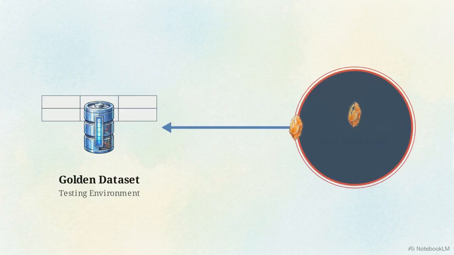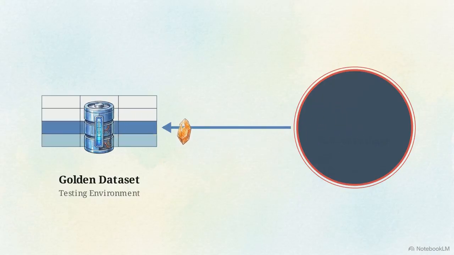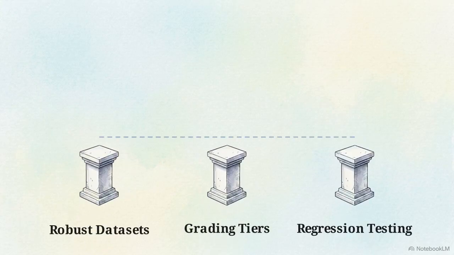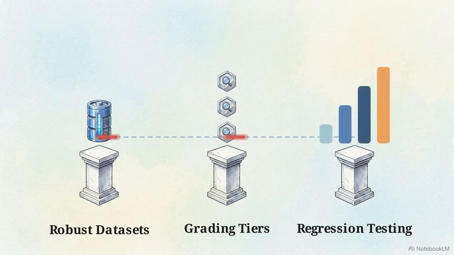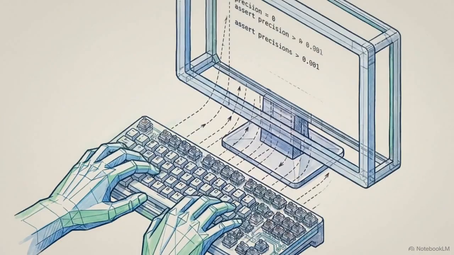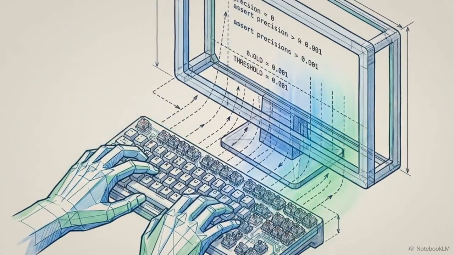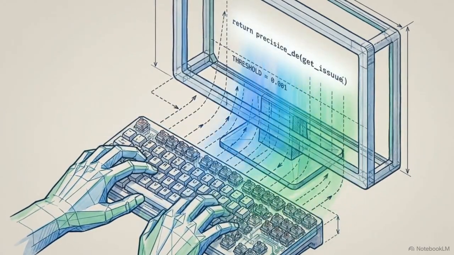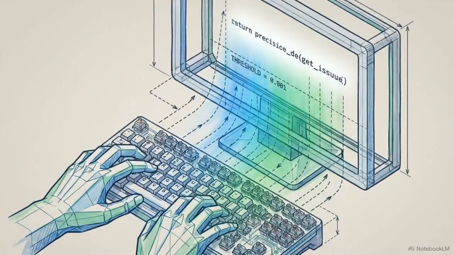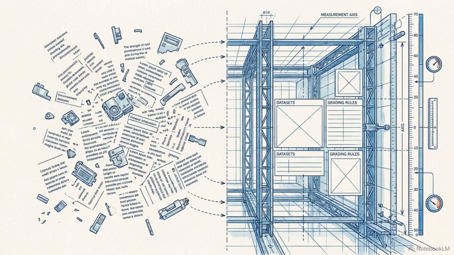You must establish a regular cadence for extracting failed user interactions and fresh edge cases from the live product and hard-coding them into the golden dataset. This creates a complete pipeline for AI engineering: robust datasets, automated grading tiers, and strict regression testing. Modifying prompts provides immediate gratification, but building the evaluation architecture to test those prompts requires a more deliberate rigor. Engineers must stop scaling their prompt modifications until they have built the evaluation architecture required to actually measure them.